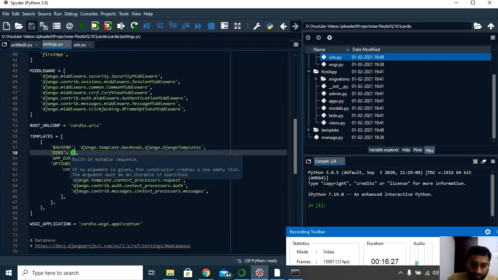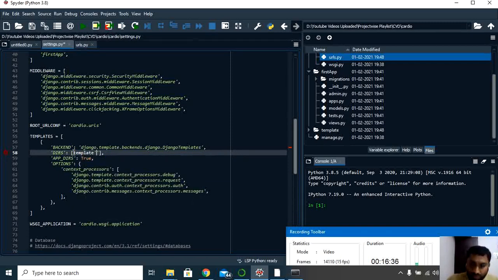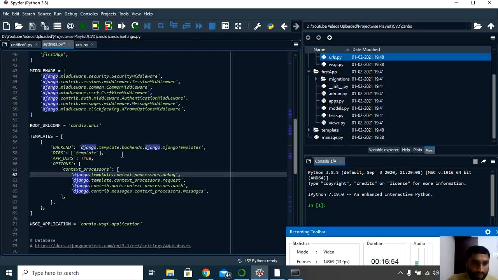So let me try to call that template. Give the same name that you used when you created the template folder, and it should be called within single quotes here. Okay, so one quote here. Okay, next one is here. So done. It's very simple. Now you can see there is no error here, so that means I have called it. Let me save this.